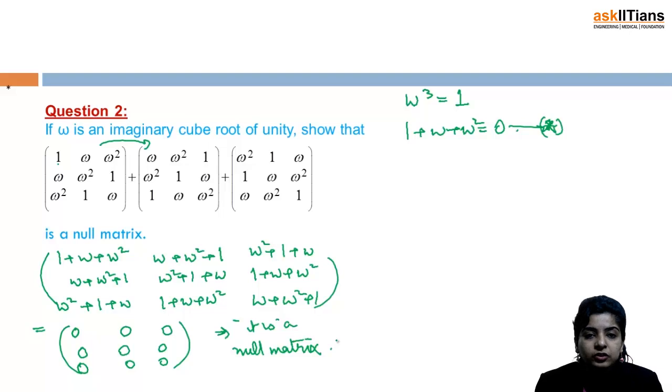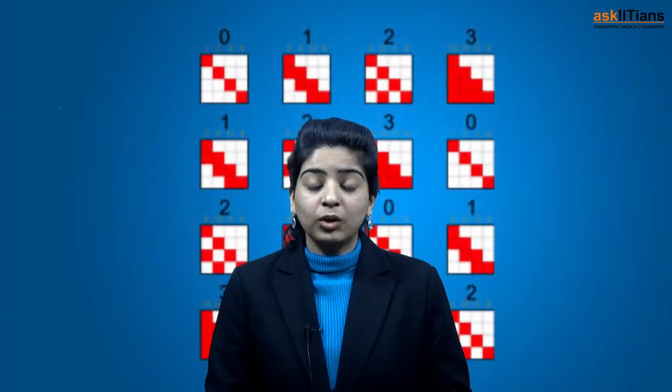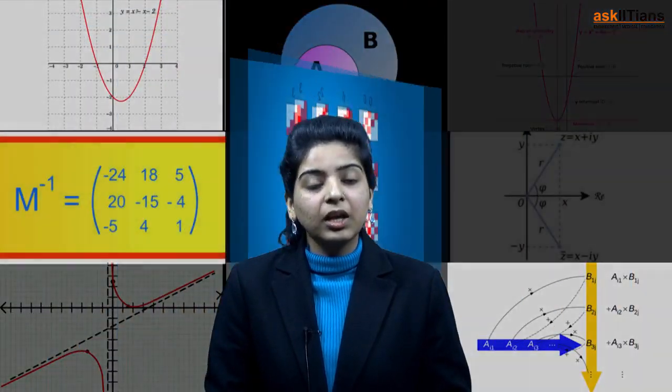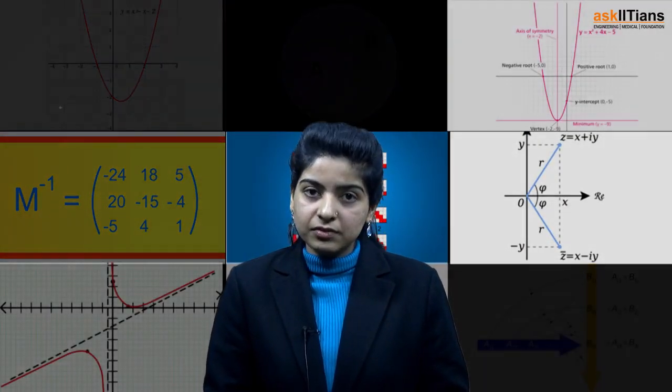So addition and subtraction of matrices is quite simple, but do practice a good number of questions just to get a good speed, maintain a good speed. And as far as this concept is concerned, you just need to remember that you need to pay focus on the order of matrices, that the order of matrices needs to be the same if you are supposed to add or subtract, and then the corresponding elements have to be taken into consideration, right? So I hope you must have understood by now how we add or subtract two matrices and the properties of matrix addition as well.